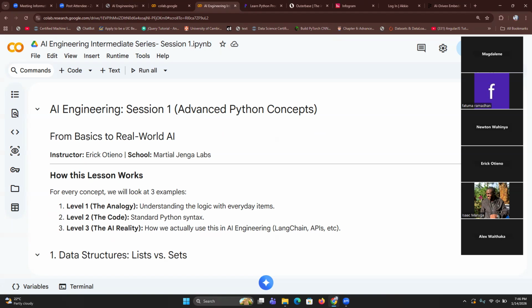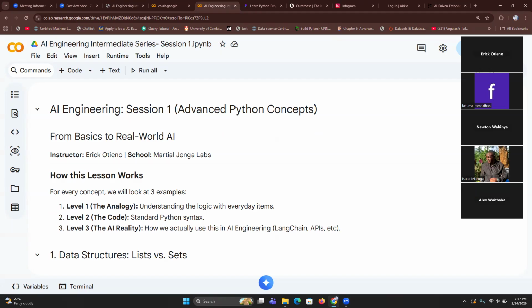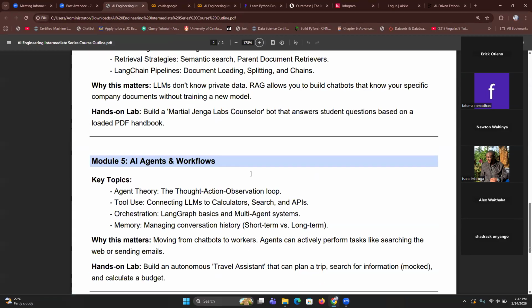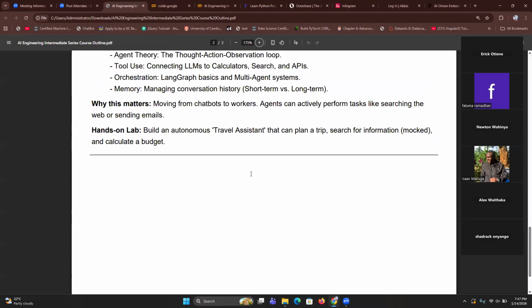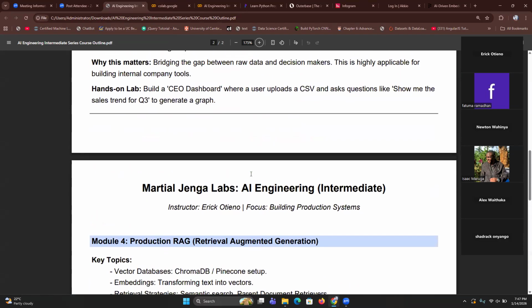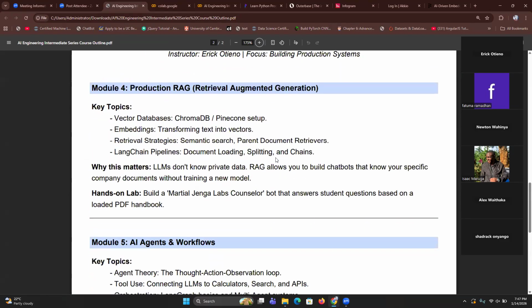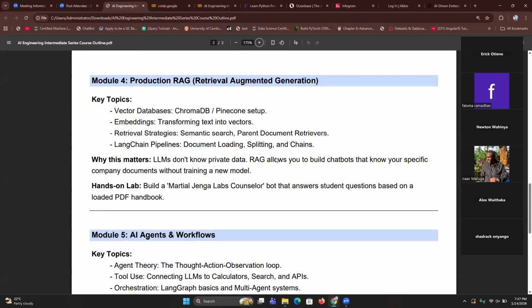We also want to be part of the people that are using AI to help business people, and several other opportunities that are available in terms of artificial intelligence. Today, if you check the outline I shared with you, we'll be modifying it as we progress, but I wanted it to be very, very simple. We are going to cover a lot, and it will be mainly focused on hands-on